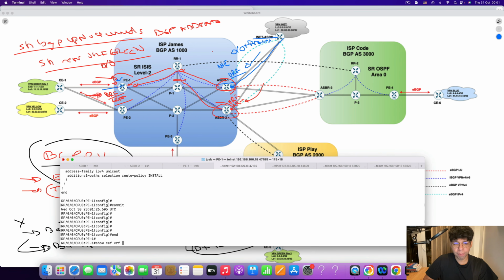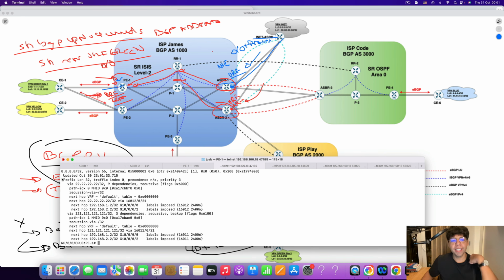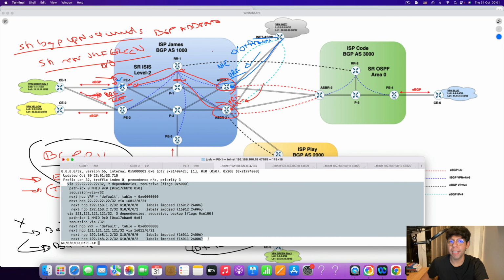If I type now show CEF VRF green 8.8.8.8 again, oops, sorry. Then I see that I find two paths in the CEF or FIB, right? The 22.22.22, and also I find the ASBR1 121 there as well as a backup, right? So I find here both paths, the best path and the backup path, and the backup path will be used whenever the best path is down, right? And it will allow us to save time during the convergence, right? That's what BGP PIC Edge actually does,